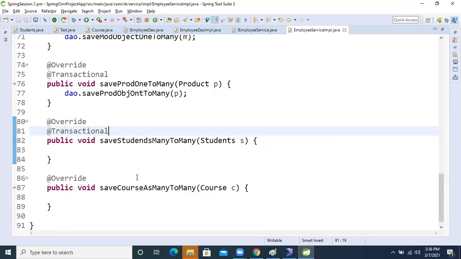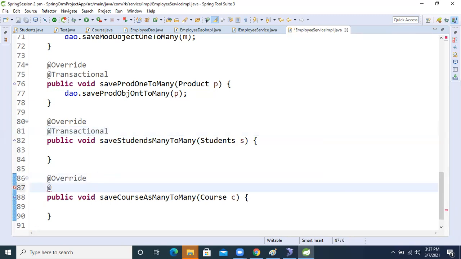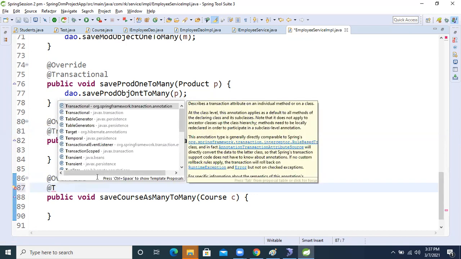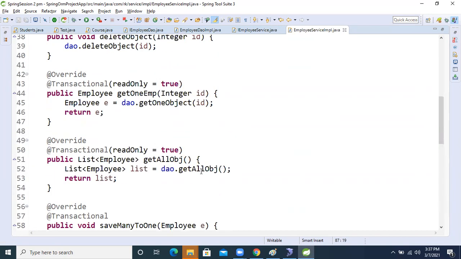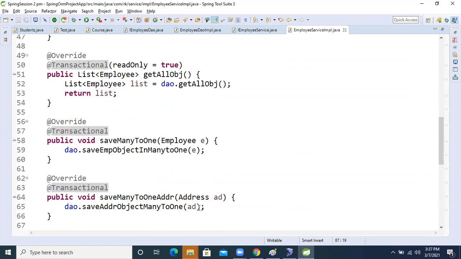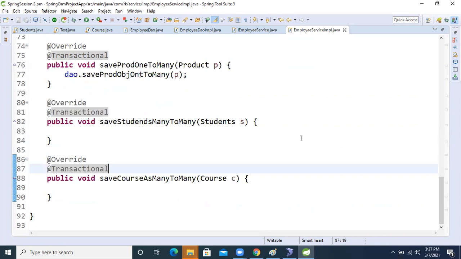Both methods here are transactional, non-select operations, since saving the data means non-select. For a select operation, we make readOnly true, otherwise no need.